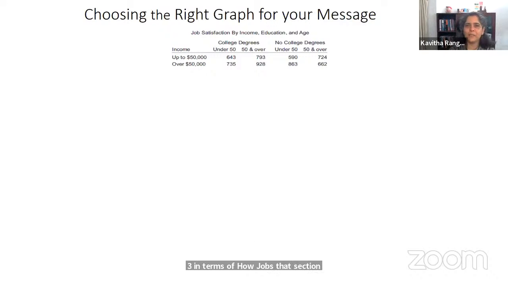Can you spot which group that is? So your 4 choices are college degree with the 2 types of income and no college degree with the 2 types of income. One of them changes over time differently than the other 3. If you can put down your answer in the chat window.